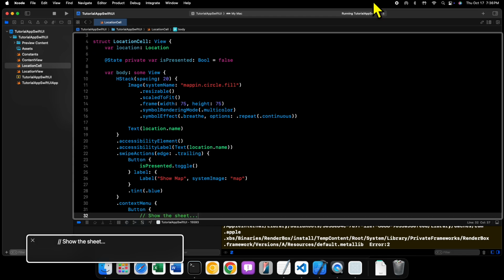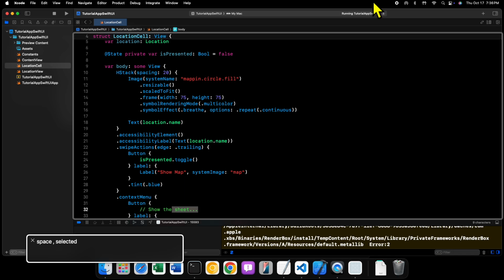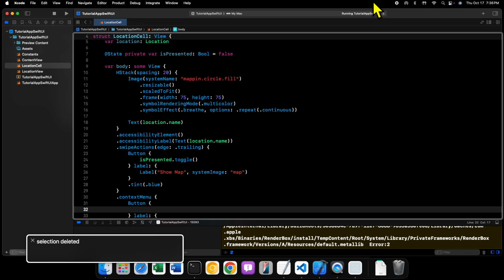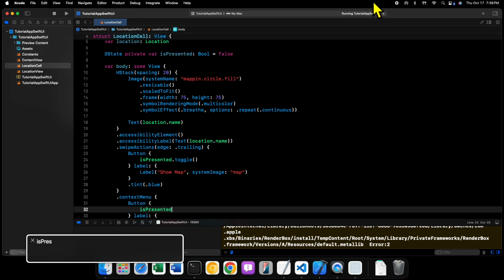Then inside the context menu here, we'll also say isPresented.toggle, like that. Perfect. Now that we have our toggling out of the way,